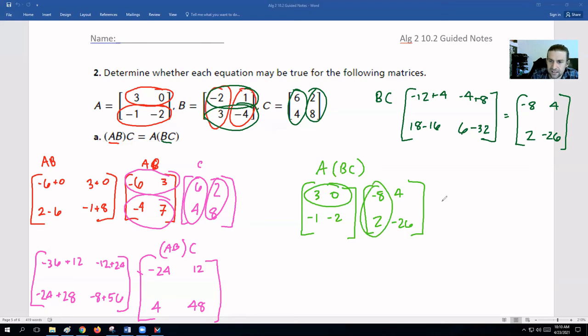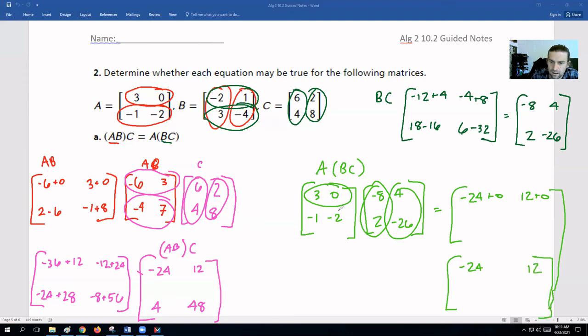So 3 times negative 8 is negative 24. 0 times 2 is 0. So I'm just going to put the answer below here. That's negative 24. All right. 3 times 4 is 12. 0 times 26, that's 0 as well. We add that together, we get